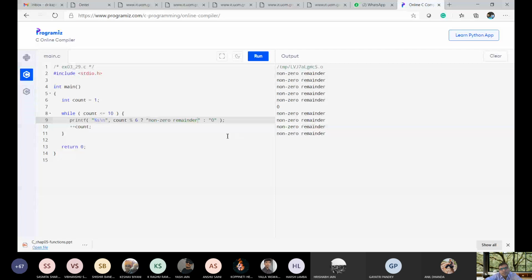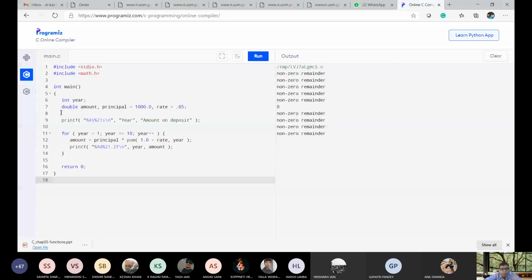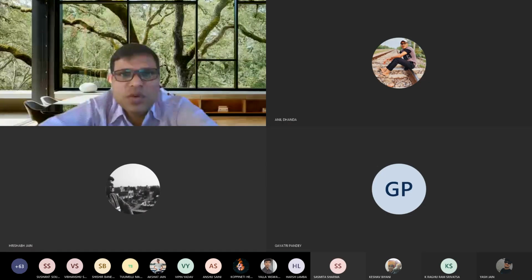Okay. Yes or no? Yes, sir. Now come to the next program. I am simply pasting it here, and just try to tell me what the output will be. Don't go into formulation and other things. What will be the output in this particular case? Before going to this, let me explain it in PowerPoint itself so that you can understand what procedure is going on.